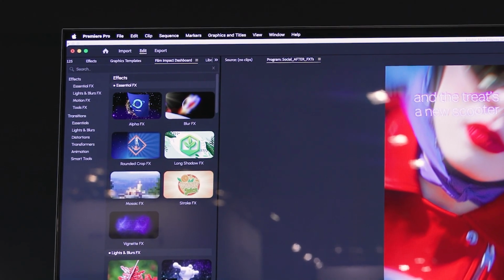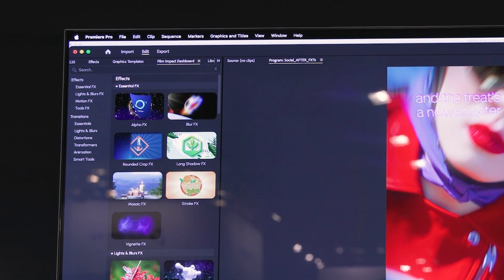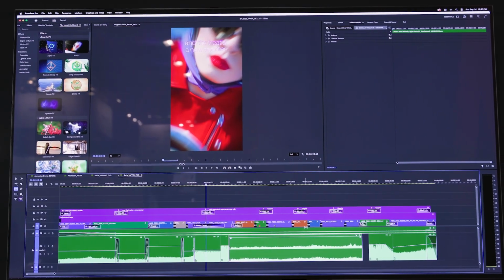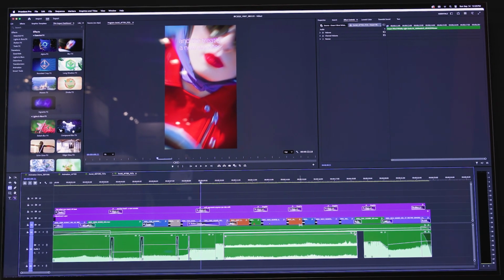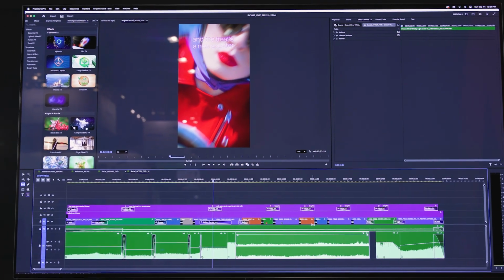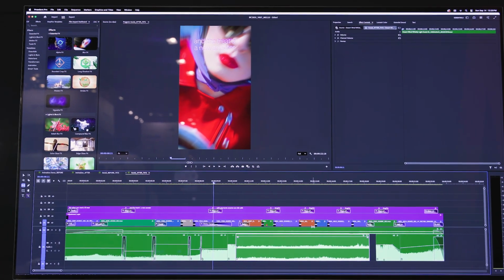So those are a couple of the things that we're really excited about happening inside of Premiere Pro, on top of a lot of little community requests and just quality of life updates that I think editors that are in the timeline and doing the work every day will really enjoy. This is maybe the most editor-driven release I've seen at Adobe. It's truly driven by community feedback, lots of great stuff.